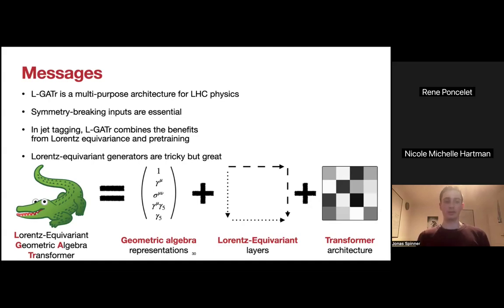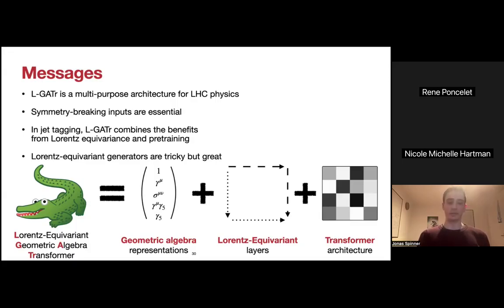Then we saw that in top tagging, we can get essentially the best top tagger as of today if we combine the benefits from Lorentz equivariance with the benefits from pre-training, where transformers benefit a lot, and L-GATr comes out on top. And finally, we looked into Lorentz equivariant generators,